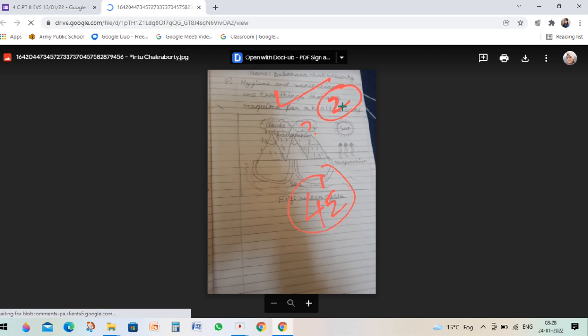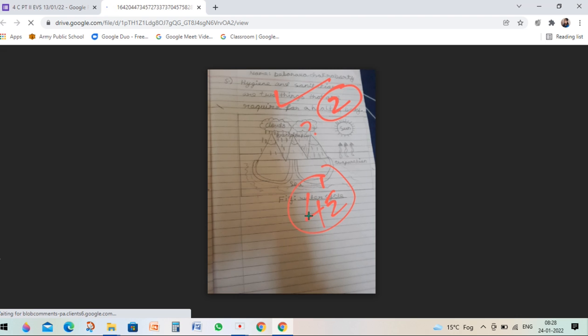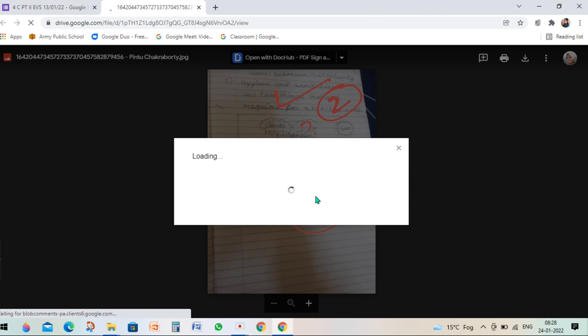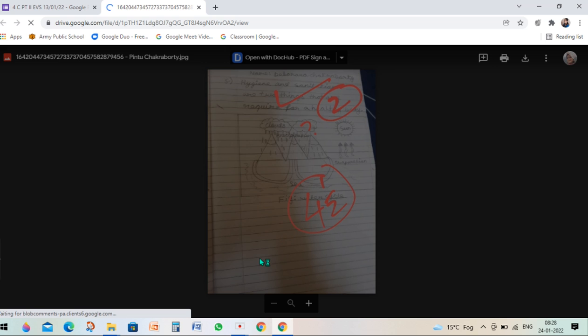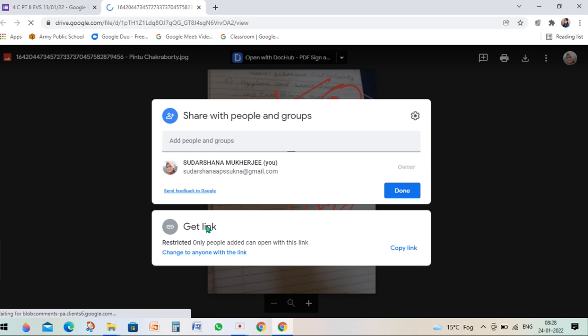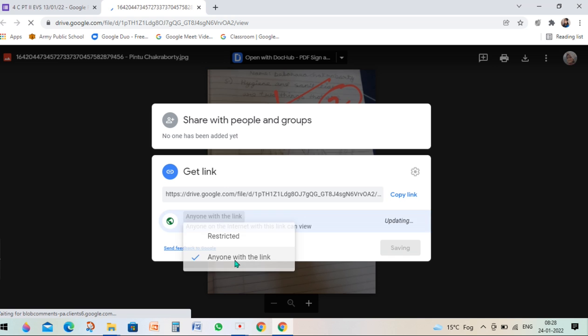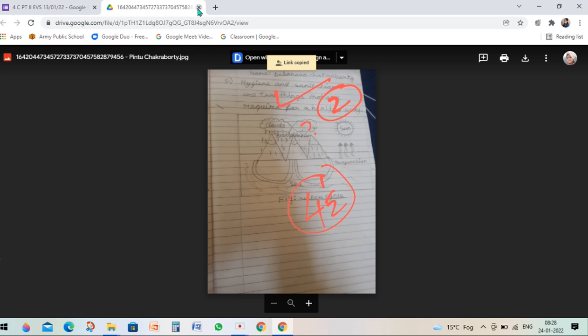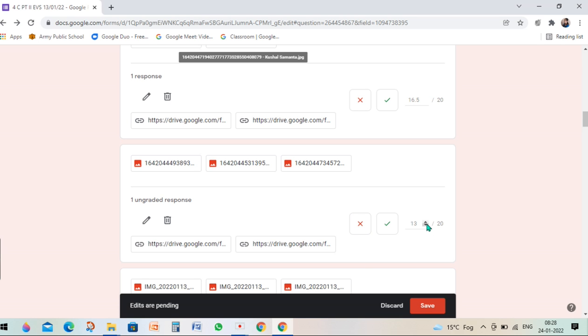So this is 2 and 4 makes it 6.5. Okay, so share it. 6.5 is the mark scored, that is to be remembered. Convert the status of the link after you copy it, done. Go back, it is 6.5. So either you can, 1 2 3 4